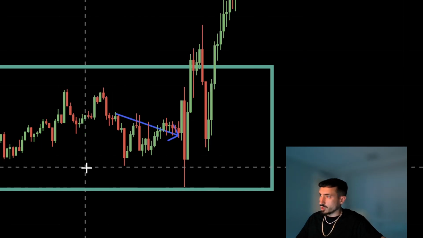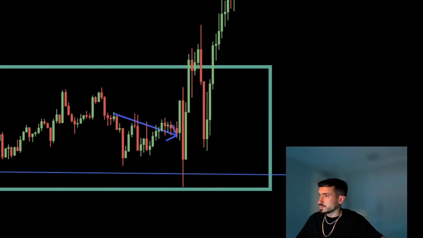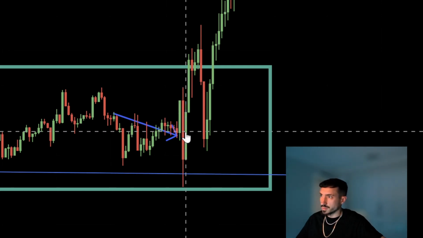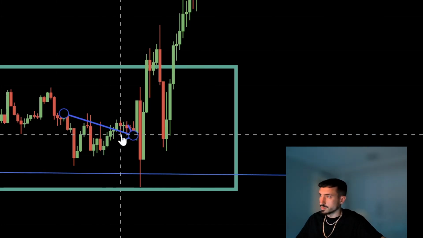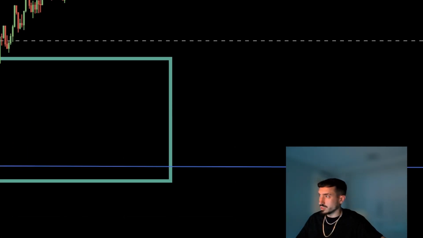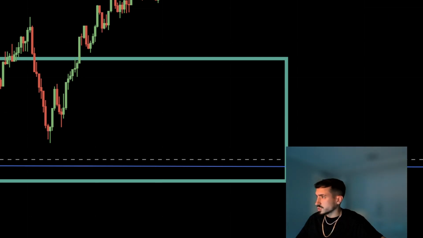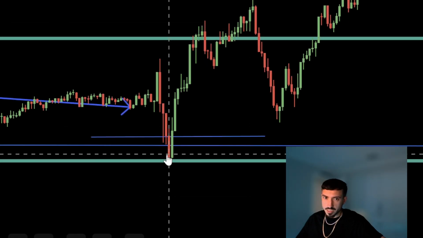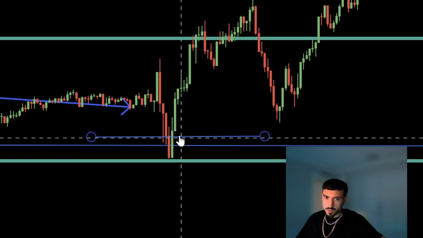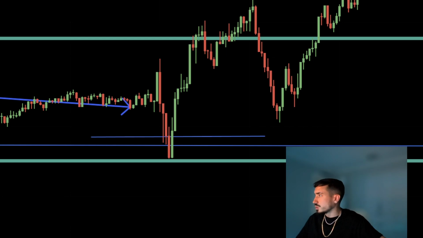So what happened was we had a beautiful rejection right here. This is the 5 minute chart. Price came all the way down here and rejected beautifully. And then after we saw that rejection, that liquidity zone get hit, we saw price start to form and engulf immediately this candlestick right here. So when we have the liquidity zone hit and we have that rejection pattern, we entered